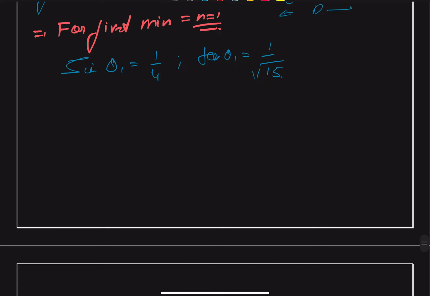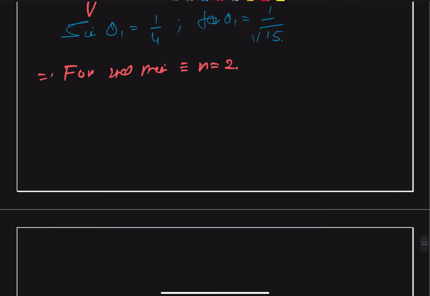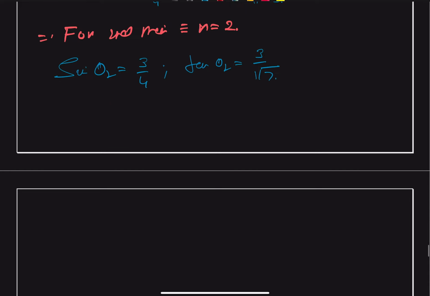For second minima, the value of n will be equal to 2, and this gives us sine of theta 2 will be equal to 3 by 4, giving us tangent of theta 2 will be equal to 3 by square root of 7. And the position of the minima, both the minimas,